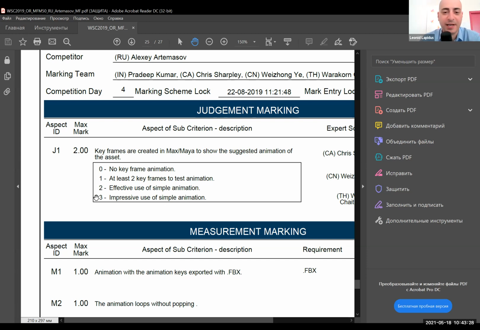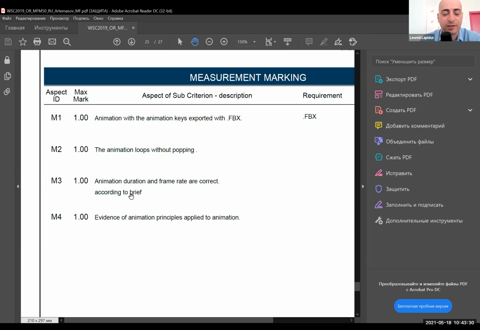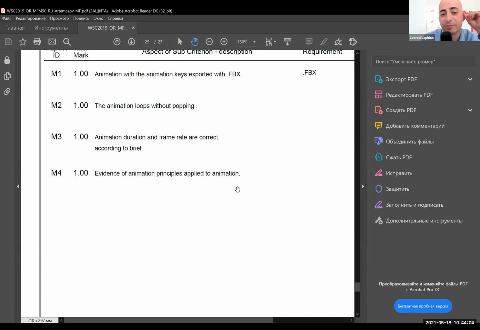So a lot of keyframes, and measurement aspects: animation with the animation keys exported, the animation loops without popping. The main part here we have two important things: the animation loops, and there is no popping between the last frame and the first frame. Animation duration and frame rate are correct according to the brief, and evidence of animation principles applied